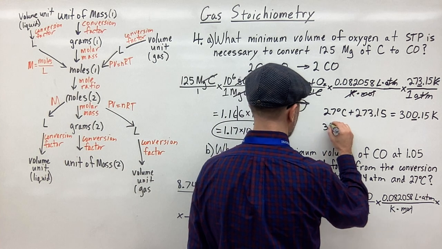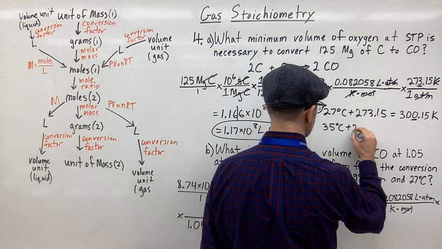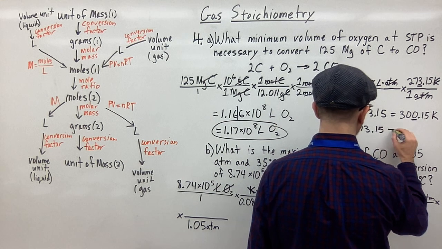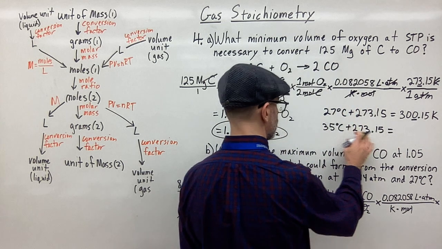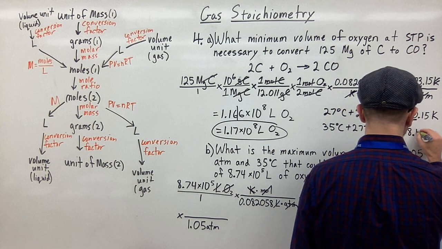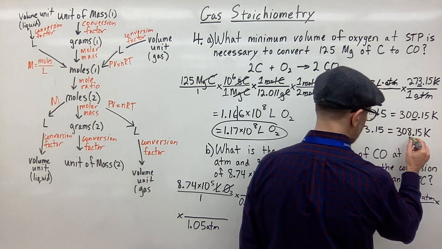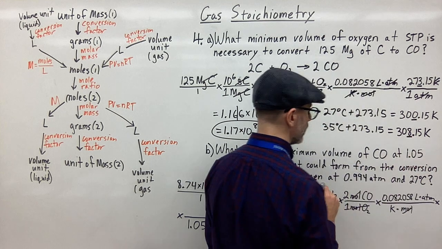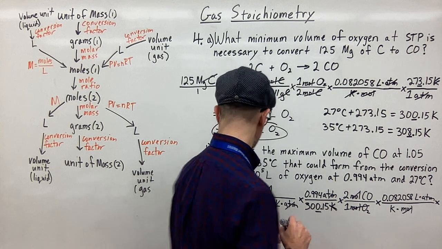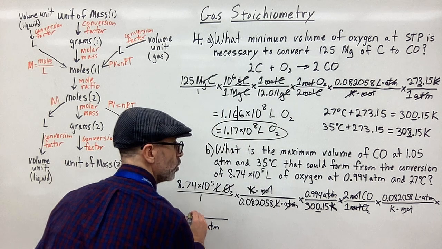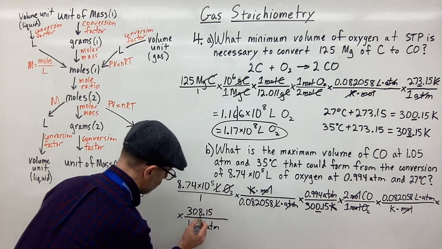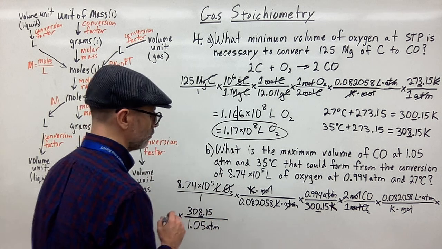So I'm going to take 35 degrees Celsius plus 273.15, and that's going to be 308.15 Kelvin. Again, the last digit here in the ones place is the final digit of significance. And so I'm going to put that on top here. So that's going to be 308.15. And again, I'm going to put a line under the 8 to remind myself that there's only 3 sig